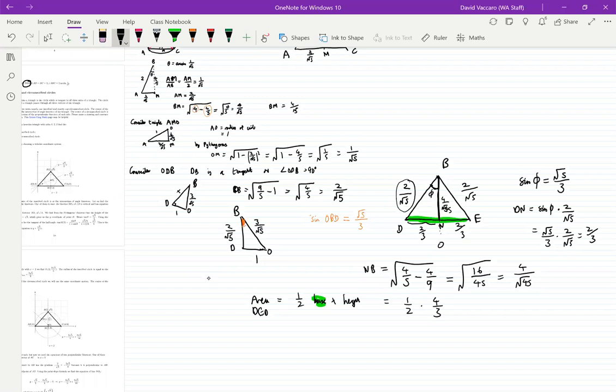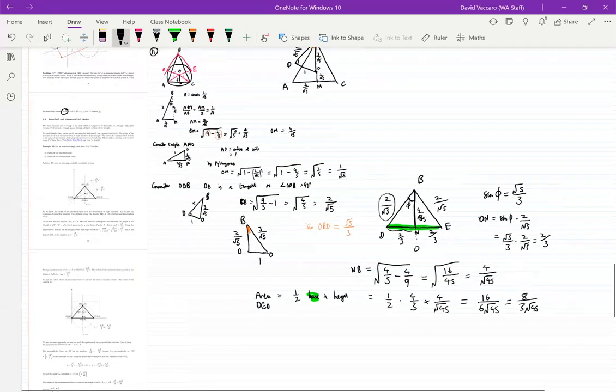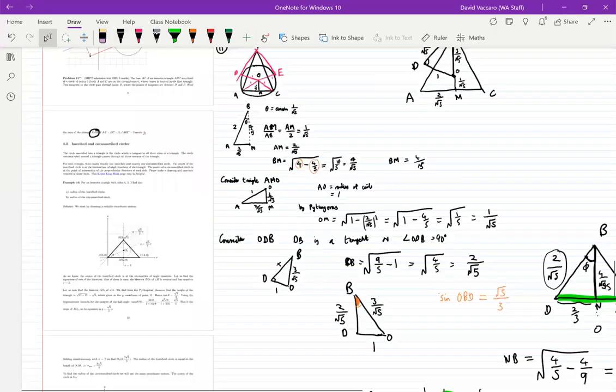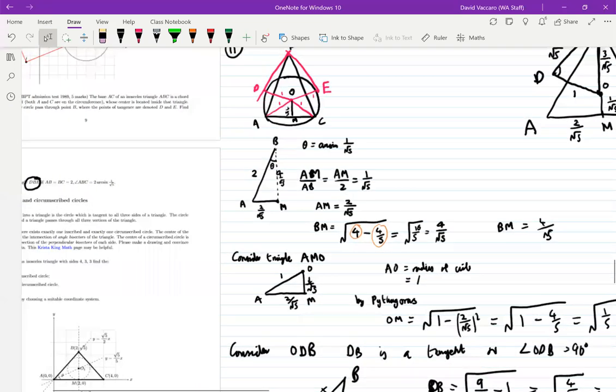The height of the triangle is 4 over root 45. So that's 16 over 6 root 45, or 8 over 3 root 45. Okay, so I wonder if there's more